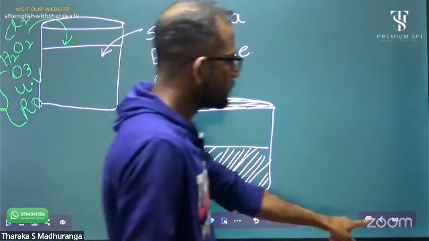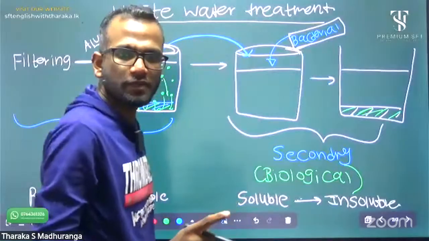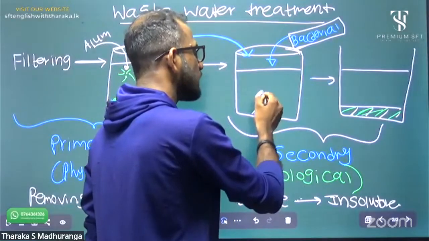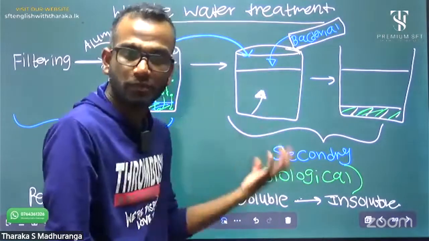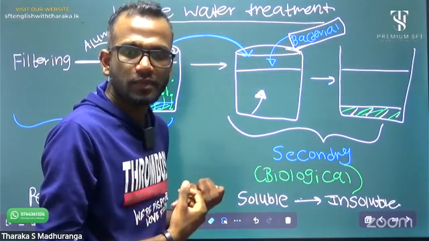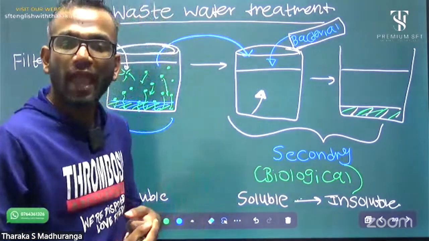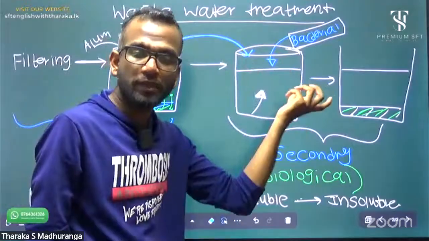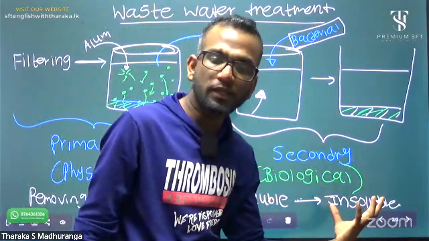Sludge digestion is an anaerobic digestion, but in secondary treatment, the bacteria work in an aerobic process. Therefore, we have to supply oxygen artificially for digestion. If you want to speed up this digestion process, we can introduce oxygen artificially. We can add oxygen using blowers, right? It's a completely aerobic process, but sludge digestion is an anaerobic process without oxygen. But this is an aerobic process. In the aerobic microbial activation, what happened? Soluble organic compounds are converted into insoluble organic compounds.